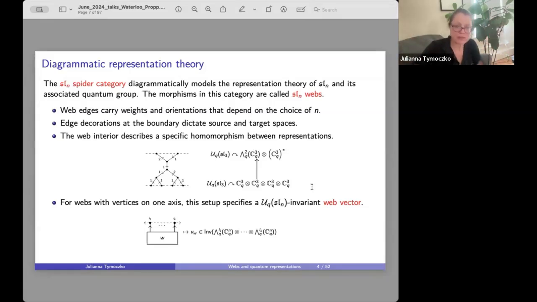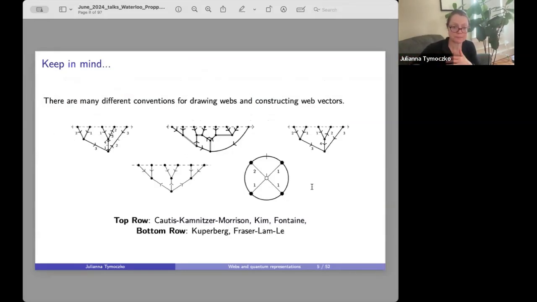So you don't really need to worry about that. I think about them as web vectors, as invariant web vectors, mostly for convenience. One reason why I'm speaking a little bit vaguely is because there's a ton of different conventions for how we draw webs, and then how specifically you construct the web vectors out of the webs. If you were trying to say something meaningful on a graph theoretic level, then you want to pick one of these conventions and use that particular convention.